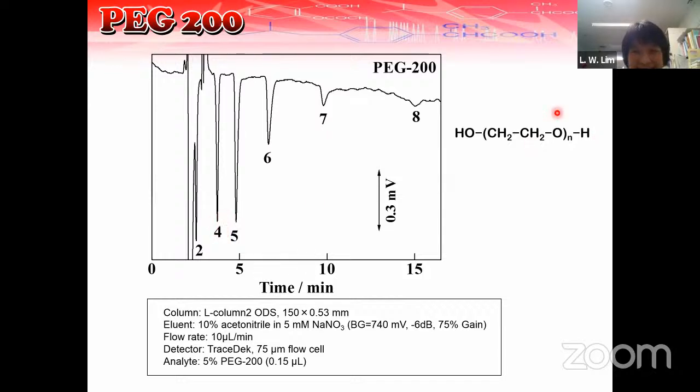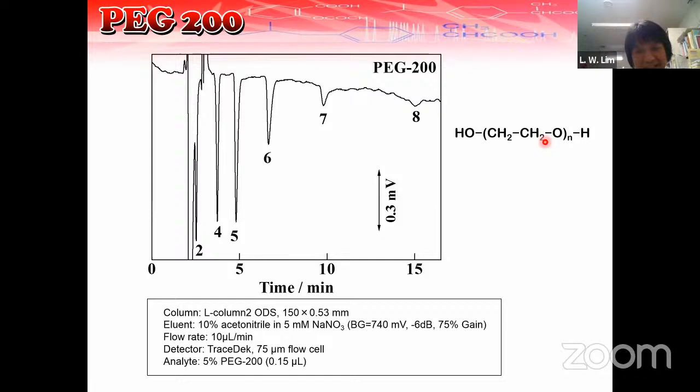This is the base of the ethylene glycol. So the N will be equivalent to the number here, N2. So we found out that if we separate PEG 200, we can have a distribution of 2, 4, 5, 6, 7, 8 different